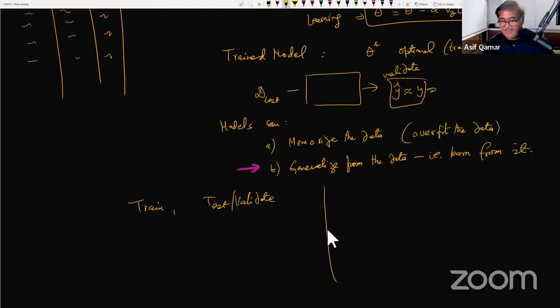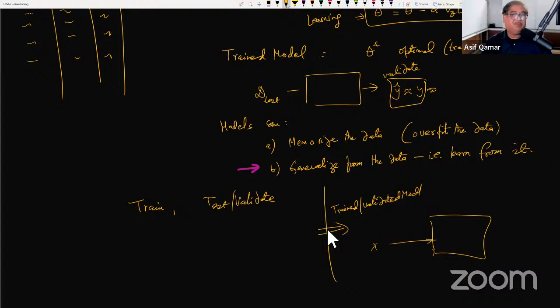And then finally, that model is taken to production. You have a trained, validated model. You put it in production, and then you give it an unknown X in production, maybe coming from the user, coming from a real-life situation, the real world. And then it makes a prediction, and that prediction broadly you trust to quite an extent. You trust that it is making good predictions for you. Right? So this is the cycle, and this is called the inference phase,